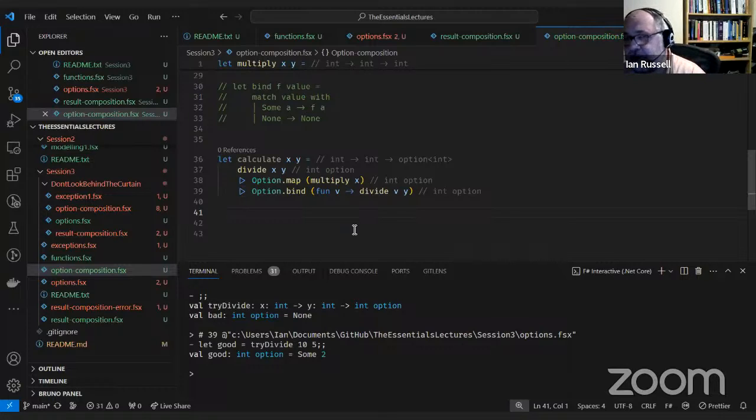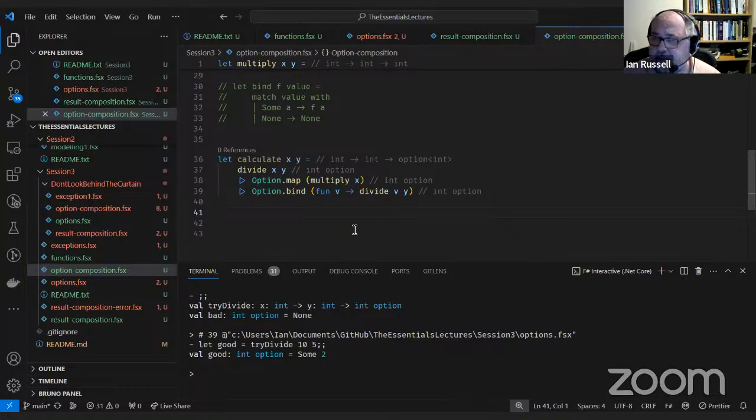type. And we will cover that, as I said, in a couple of weeks' time when we start loading data from a data source, and we'll start doing some validation and various other things as well. So we'll start raising business errors rather than exceptions. But these patterns of map and bind are exactly the same.